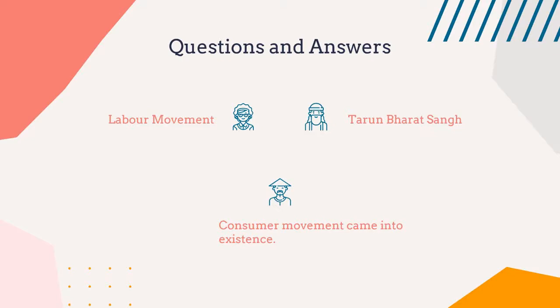The next question: give reasons why the consumer movement came into existence. The consumer movement came in India after the Consumer Protection Act in the year 1986. This movement believes that each member of the society is a consumer. Due to the changing nature of the social and economic systems, consumers face different problems. Hence, it becomes very important to have consumer movements in India to fight problems such as unequal weight and measures, etc.